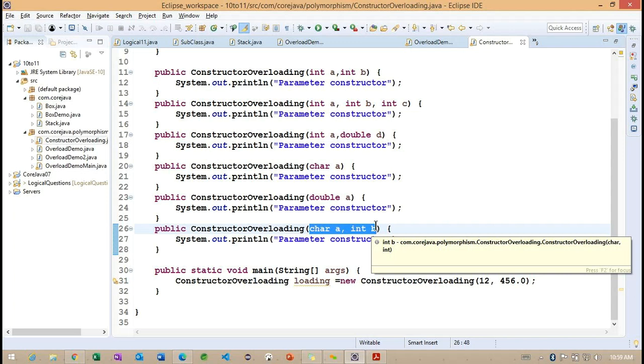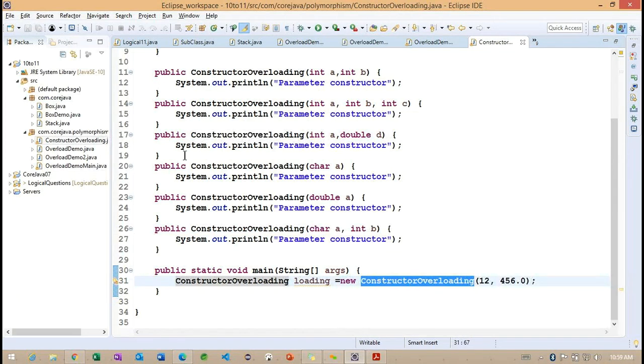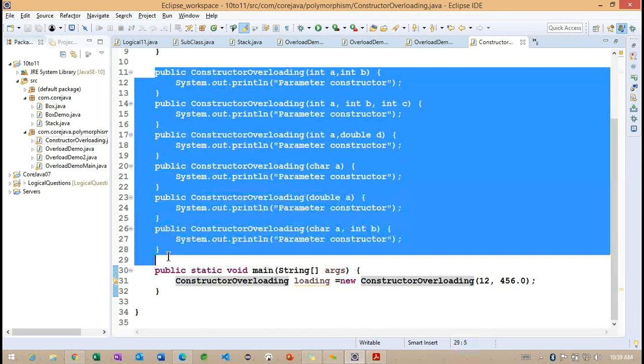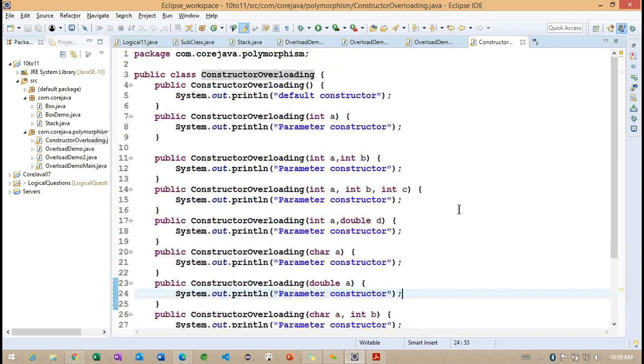In our Monday class, we are going to discuss how we can call a constructor internally. If I call one constructor, I want to execute all the constructors with some values, so how can we call them? Getting the point? This section we can see in our Monday class. These are very important discussions.